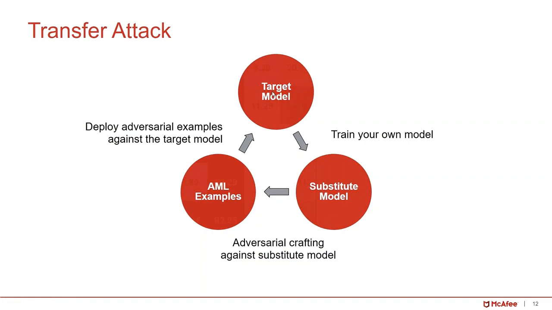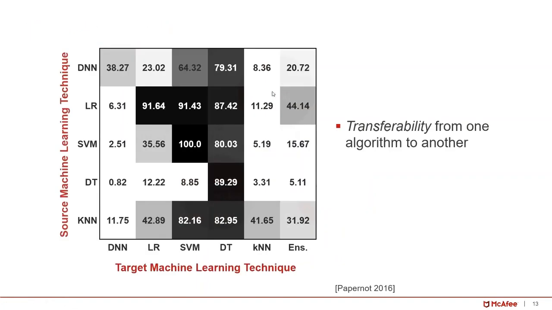This paper shows the transferability from one algorithm to another. The source machine learning techniques are the substitute models. You can see these are popular machine learning algorithms, including deep neural network, logistic regression, support vector machine, decision tree, and k-nearest neighbor. The target models include the same similar models and the ensemble of all these models as a target system. The darker the color in the grid, the more successful the attack. You can see if the attacker creates a logistic regression model to attack a support vector machine, the success rate is 91%,